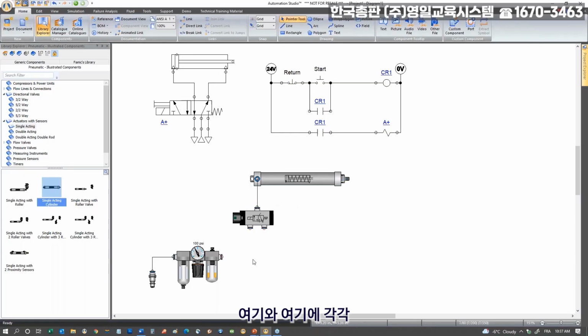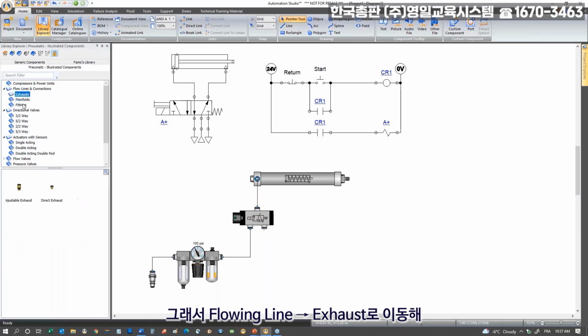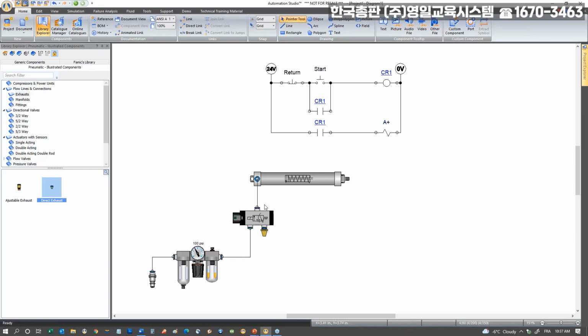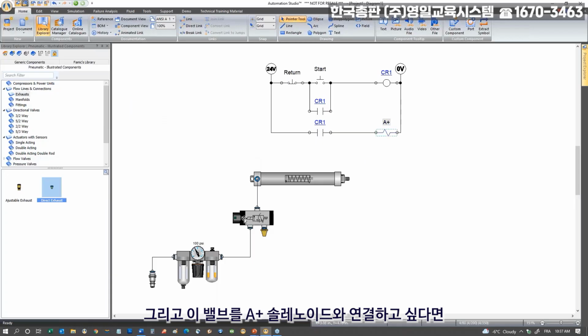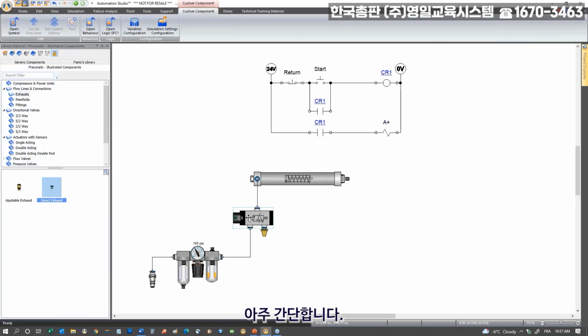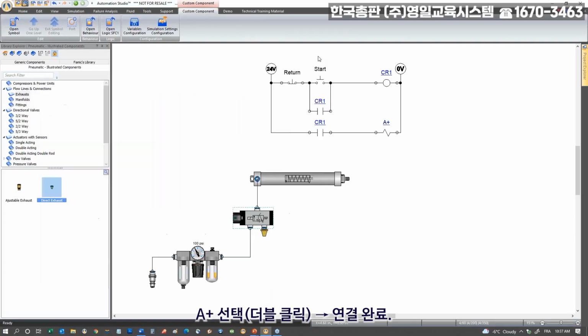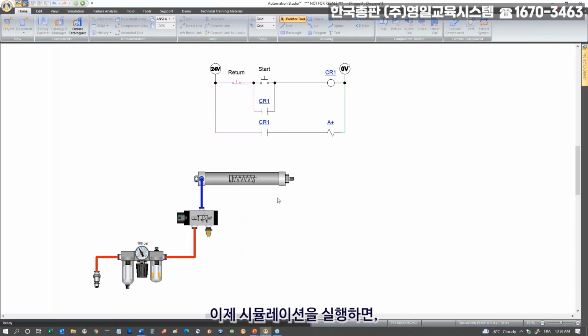I connect this here, connect this over here. I need an exhaust for the cylinder. So I go into my flow and line, exhaust. I can put an exhaust here like that. So now, let's say if I erase this, now I want to link A+ to this valve. Simple, click on this valve, filter A+, click twice, and the link is made. If I simulate,